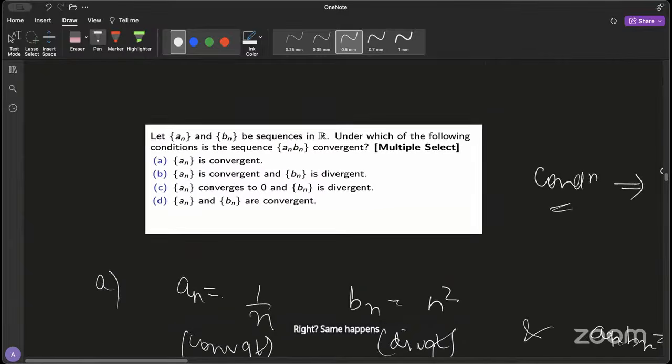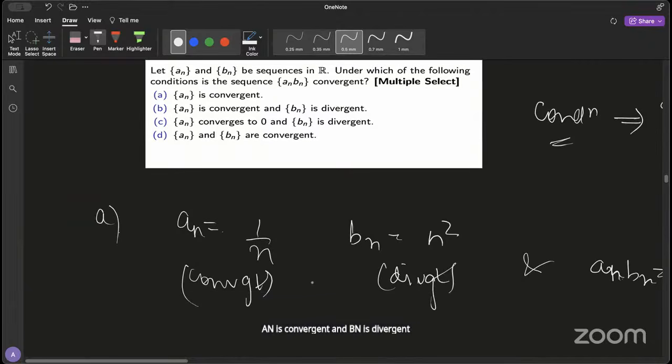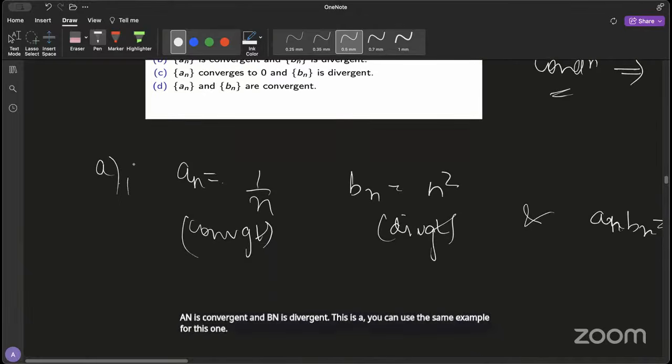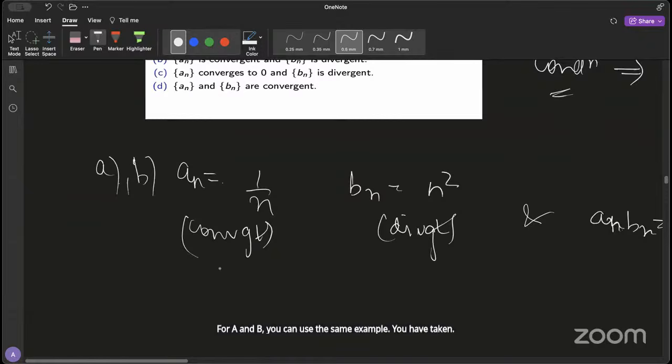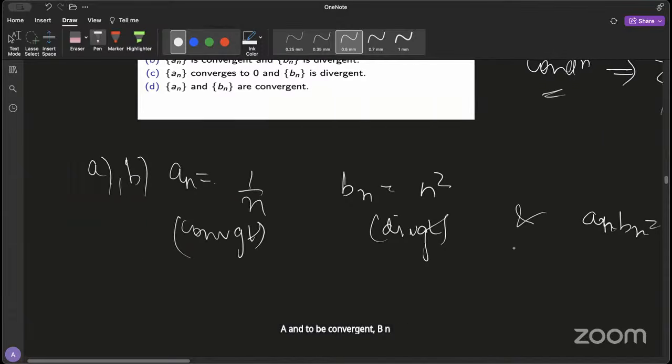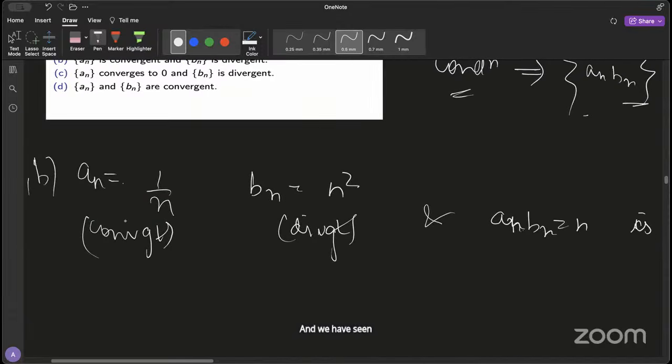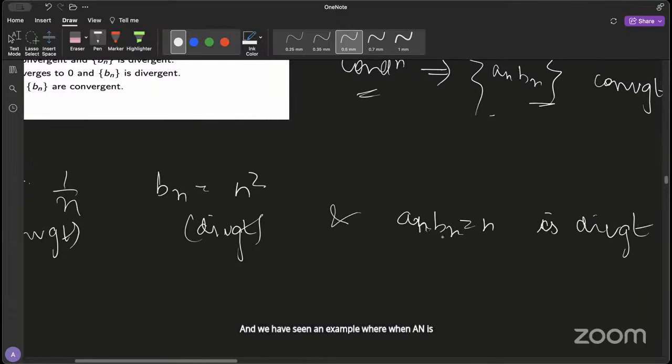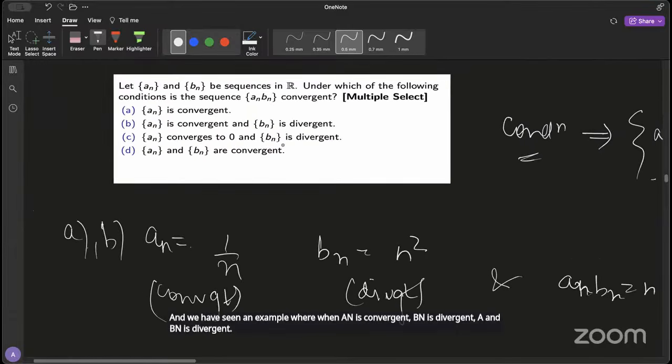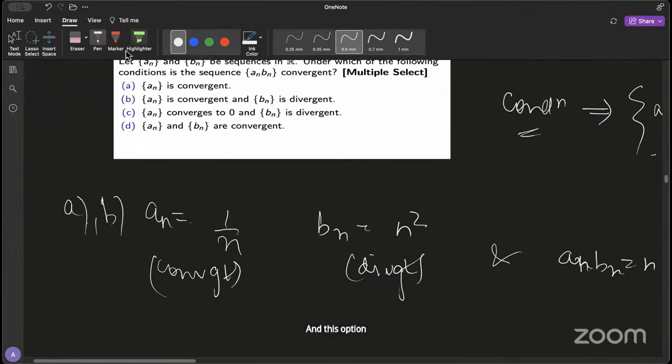Same happens with the second one. So An is convergent and Bn is divergent. You can use the same example for this one. You have taken An to be convergent, Bn to be divergent, and we have seen an example where when An is convergent, Bn is divergent, An Bn is divergent. And this option says that if An is convergent,